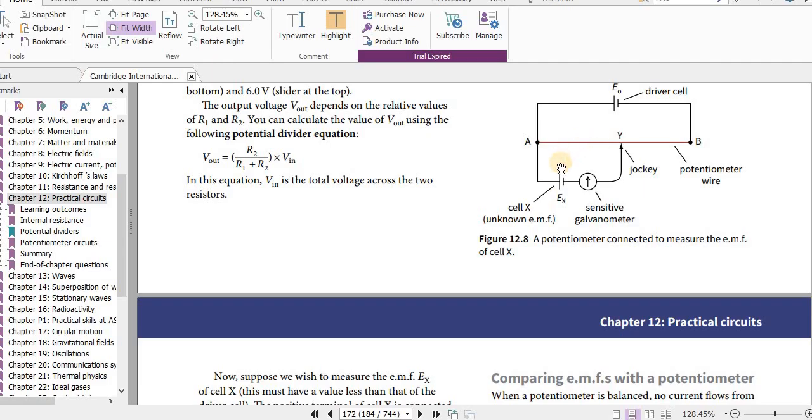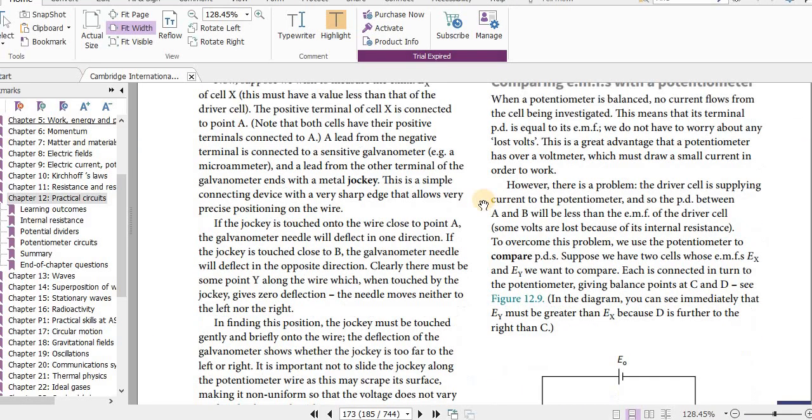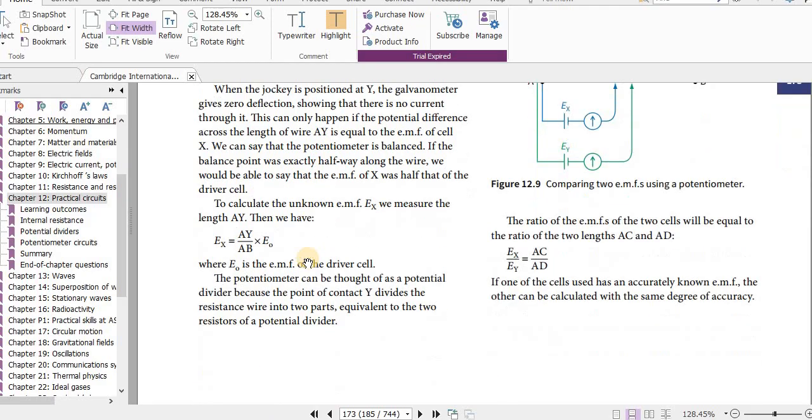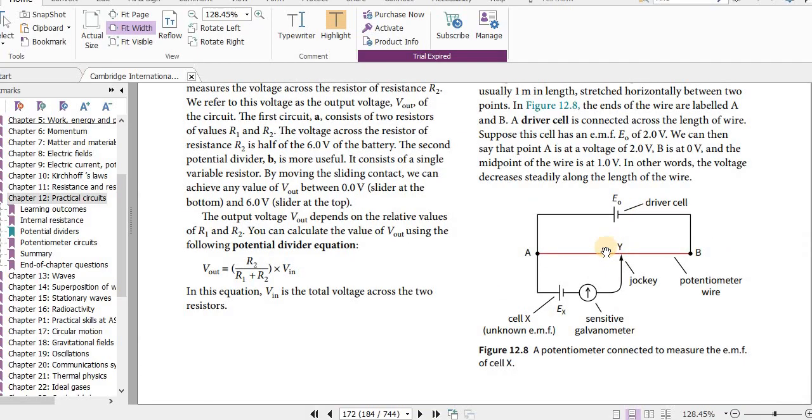Yeah, those are the values, those are the materials we use. Okay, so details are listed here. When you do the paper 3 practical also, you will understand this better. The potentiometer can be thought of as a potential divider, because the point of contact Y, see, you can move